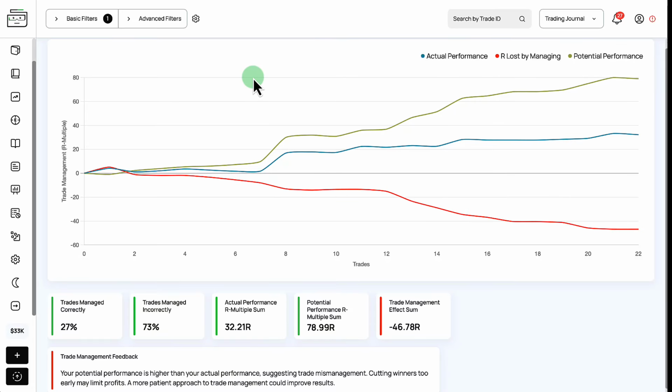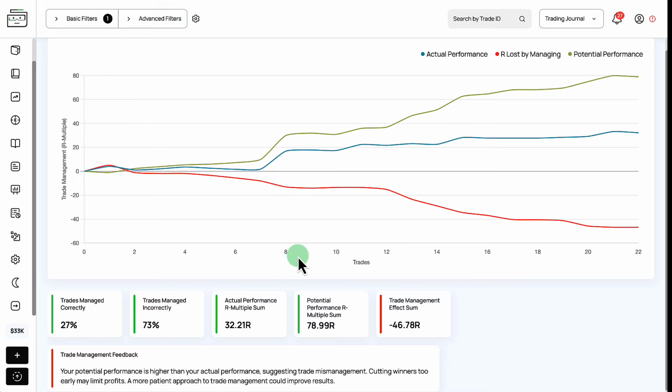How good are you at letting your winning trades play out? Do you leave money on the table by exiting trades too early? Or do you let your losing trades run too long? Those are very common questions almost every trader asks themselves, and that's why we built this trade management feature in